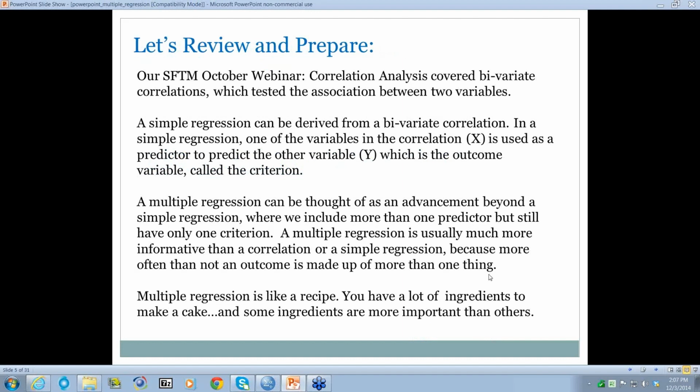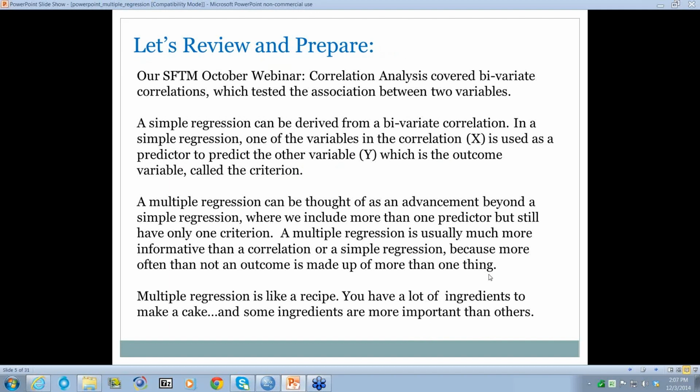In our October webinar, the correlation webinar, we covered bivariate correlations, and we tested the association between two variables. Are they moving up together? Are they moving down together? Are they moving in opposite directions? And it was between two variables. A simple regression can be derived from that correlation. In a simple regression, one of the variables in the correlation would be used as a predictor to predict the other variable. And so X is usually what we call the predictor, and Y is what we call the outcome